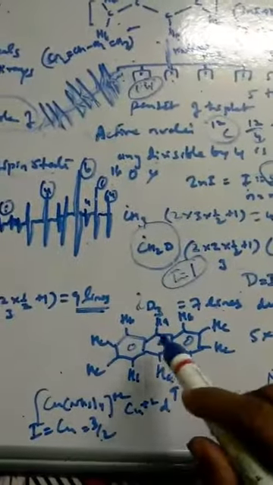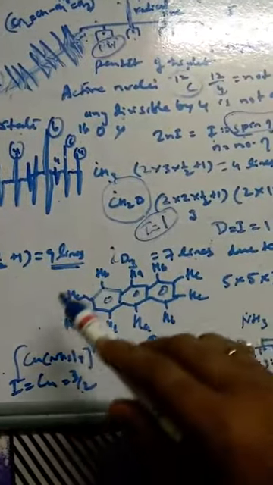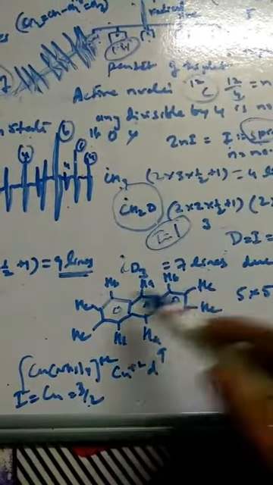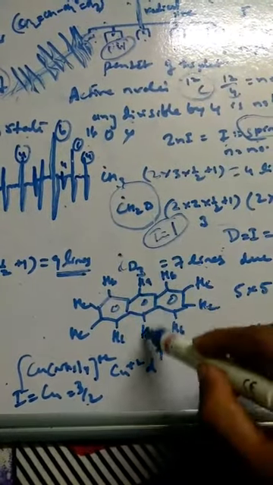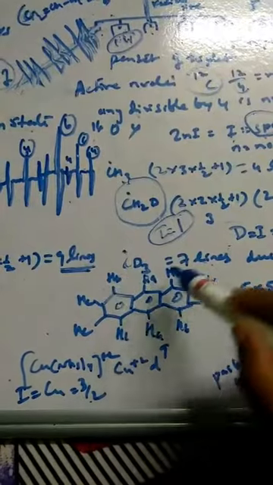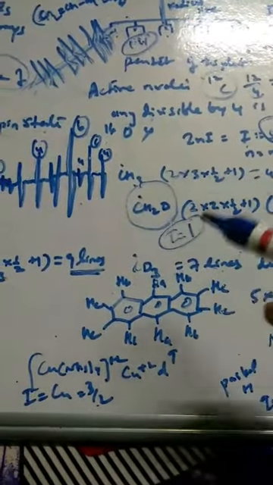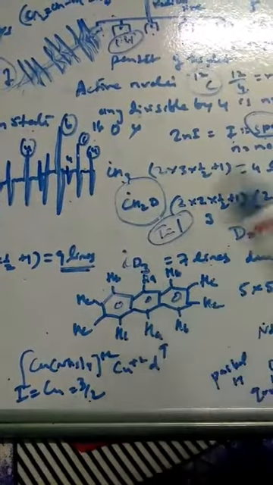The next and last example we will learn here is anthracene, a very nice example. Again you have to see the surrounding environment, how the protons are lying here. These four HC are in the same environment, these two HA are in one environment, and these two HB are in one environment. That means you have 3 types of protons in this anthracene: type 1, type 2 and type 3.